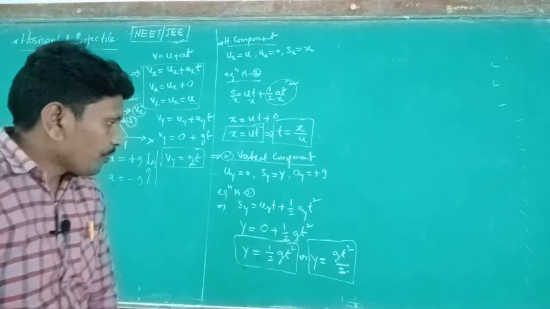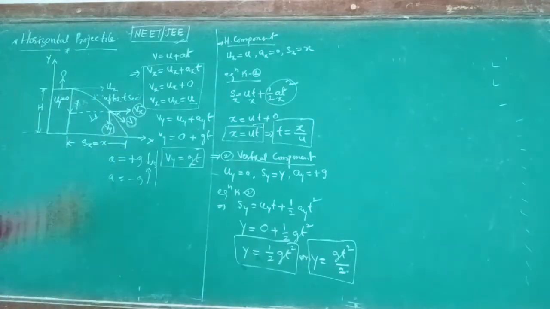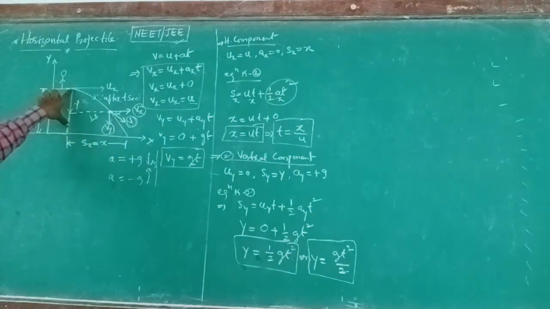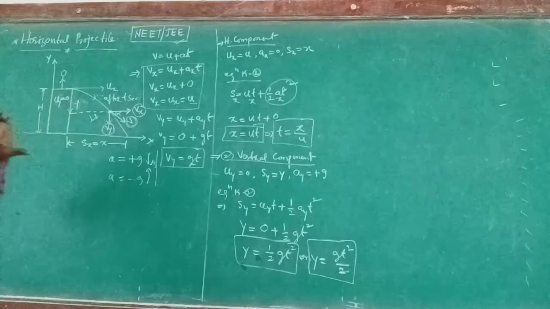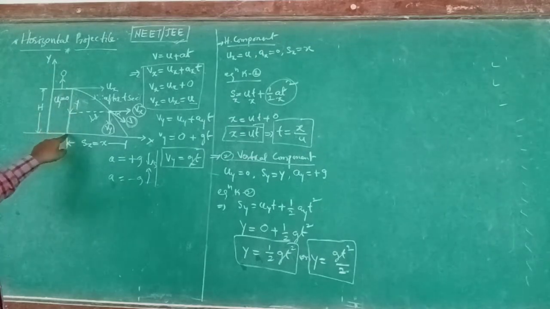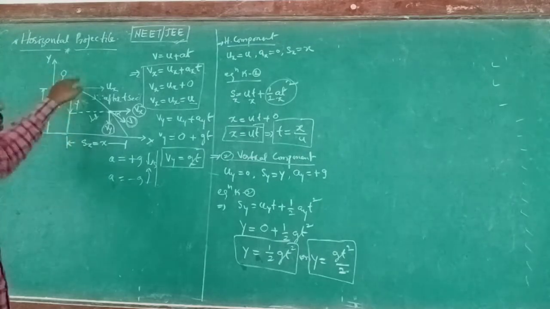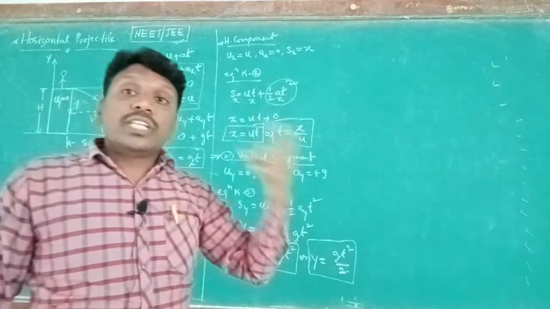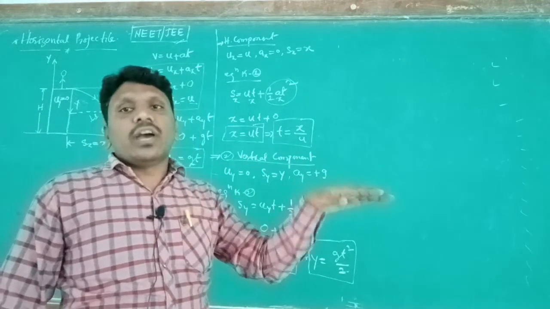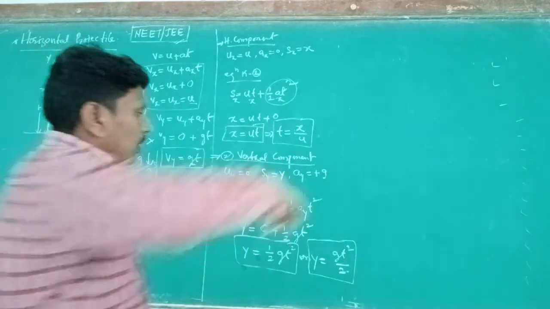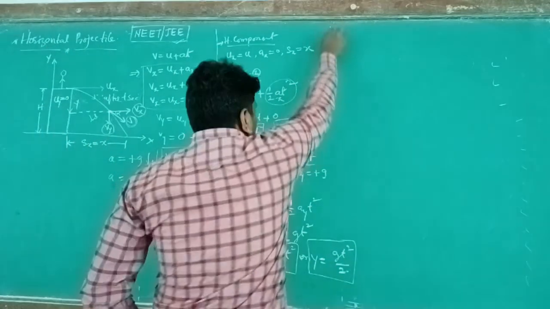Clear? So from that we can say y is the distance, or the height of the building, or from the horizontal surface to the point from where the projectile is thrown in the horizontal direction. That is the distance or component. And next one,